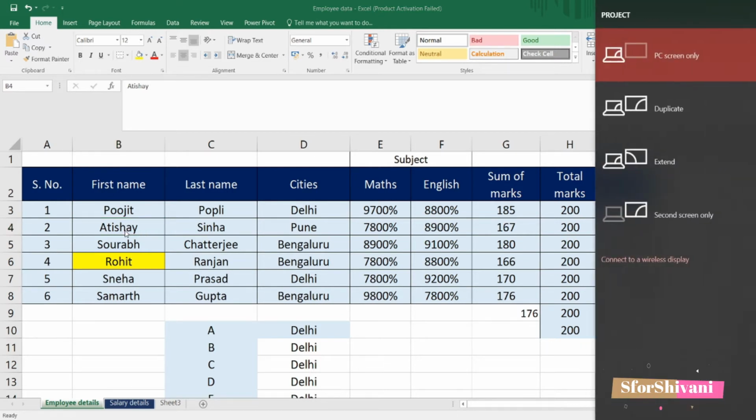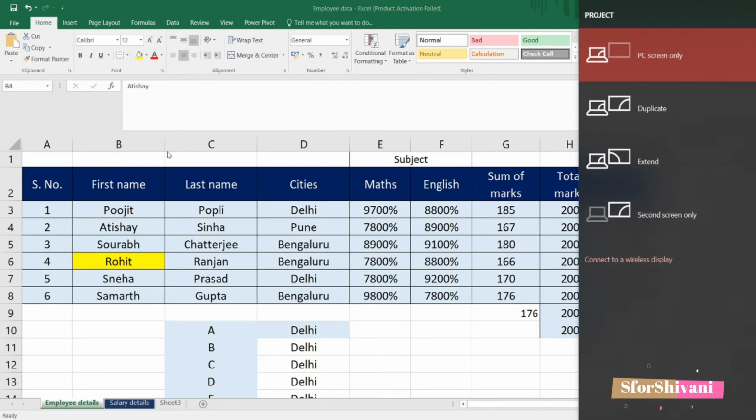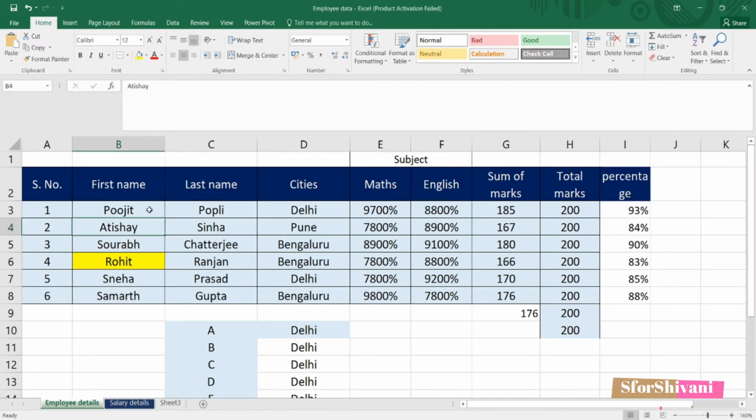In some keyboards you have to press it along with the function key, otherwise this share screen option will open. So Fn and then F4, and it will repeat wherever I want to do the same thing. So it repeats only the last action that you have done.